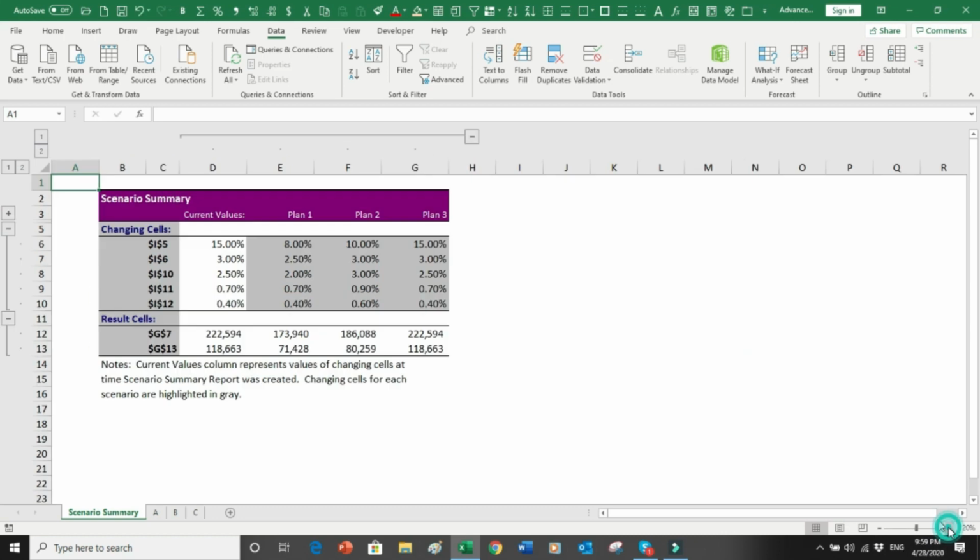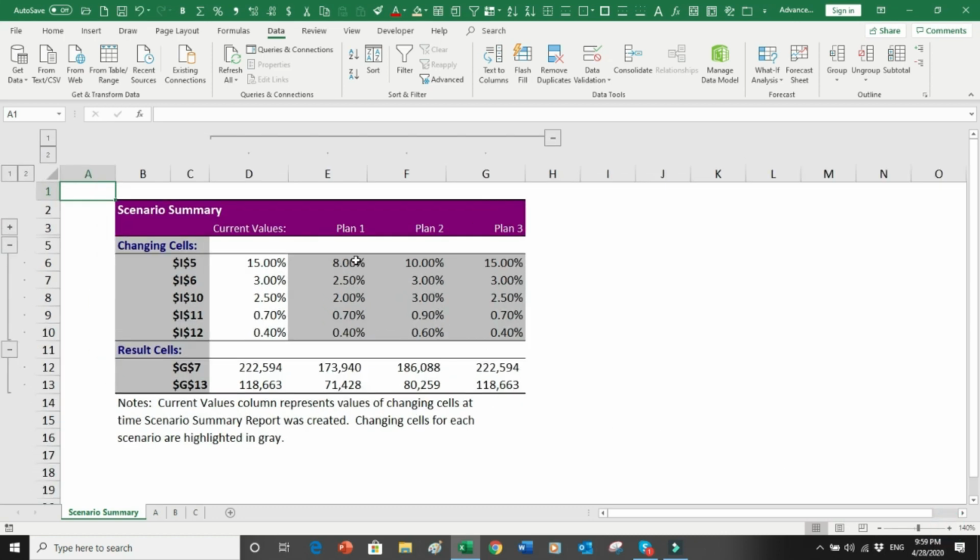And here, let me just go over here. So this is my plan 1, where I'm making 173 as my cost of goods sold, and 71 coming at the bottom line. And here in plan number 2, where there's a 10% increase in the revenue numbers, I'm making 186 as my cost of goods sold,